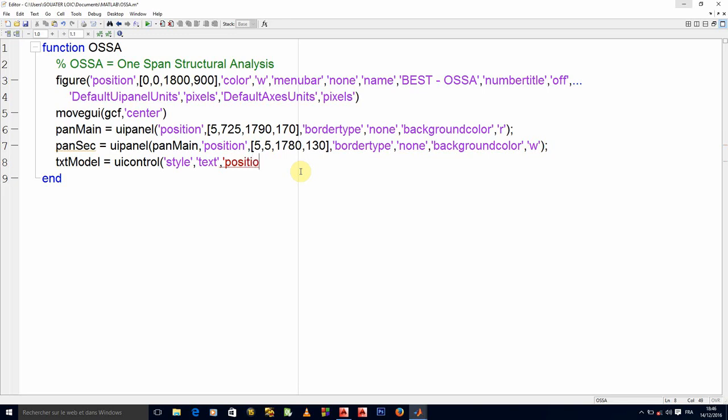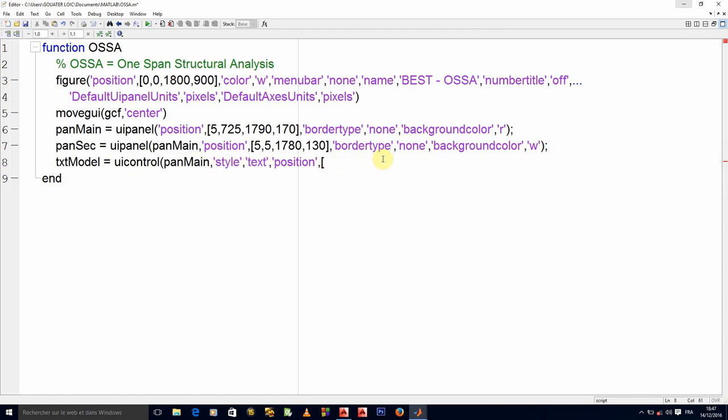And what else? Position. Let's also have the main panel be the parent of this particular widget. So parent main panel, style text, and position will be measured from there.